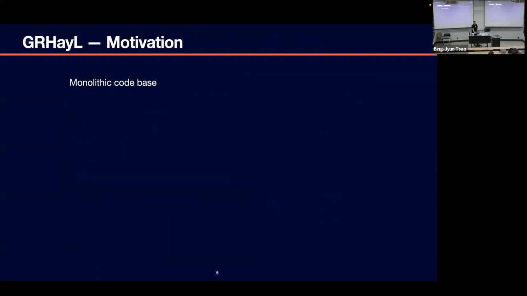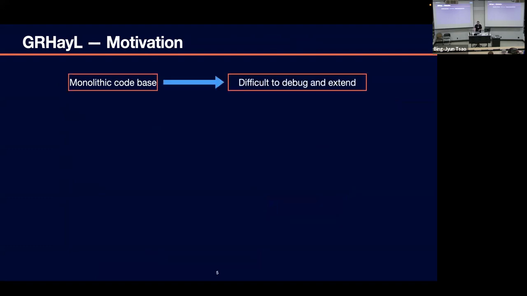So again, it comes with this idea that because it is part of the Einstein toolkit, it is part of this monolithic code base, right? And in particular, if you are new to the game, if you haven't worked with the code or with the Einstein toolkit for a long time, it can be very difficult to debug. It can be very difficult to extend. It can be very difficult to figure out where Illinois GRMHD ends and the Einstein toolkit begins and vice versa, right? Illinois GRMHD has a lot of knowledge of the Einstein toolkit and it exploits that in ways that, if you're new, might be difficult to follow, right?